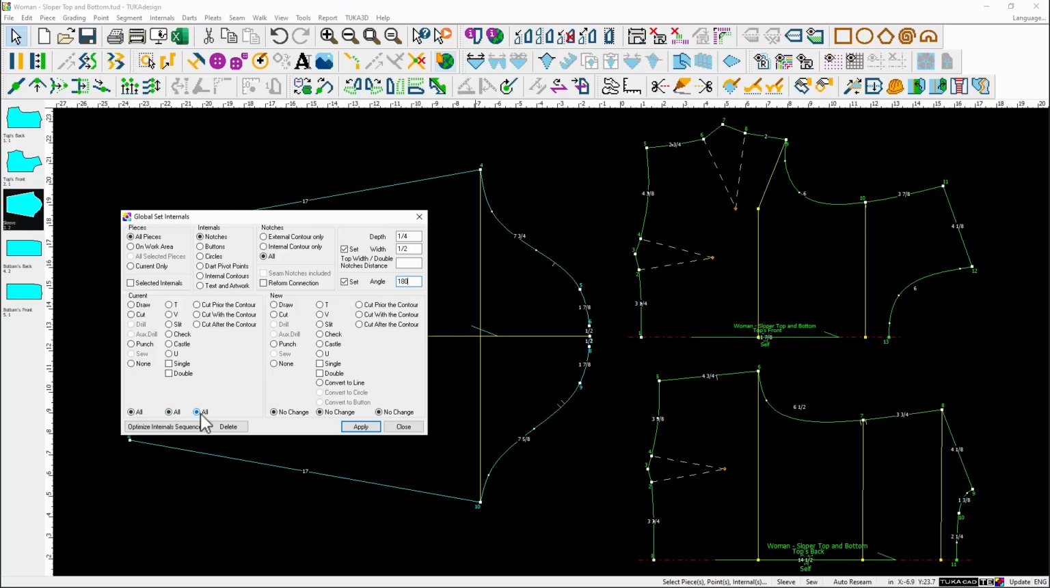By default, all notches will be changed, but you can choose to change only notches of a certain mode, type, or cut order. In the New section, select the new notch attributes. In this case, we'll select Cut Mode, V-Type, and change the cut order to cut with the contour. Click Apply, and all notches in the style have been converted to cut V notches that will be cut with